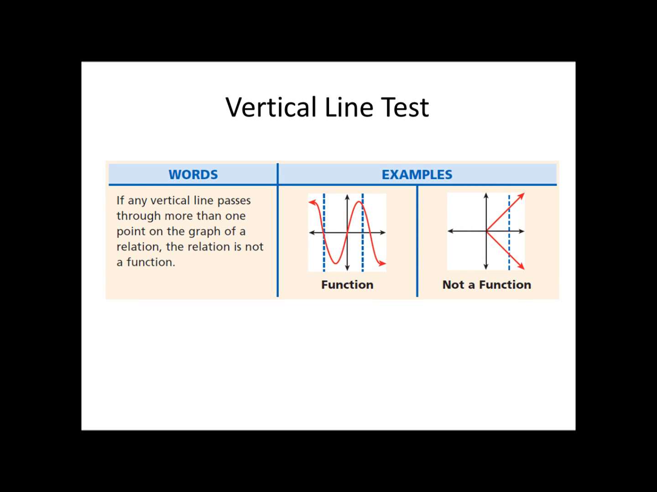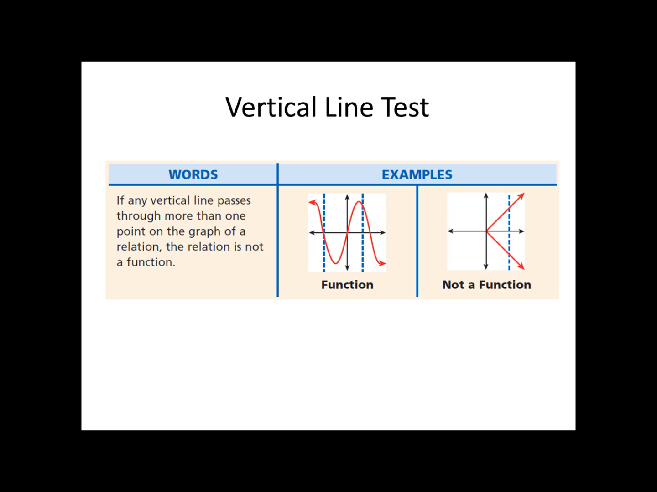Now, a great way to test and see if a graph relation is a function is the vertical line test. If they give you a graph and ask, is it a function? Try to draw a vertical line that goes through the graph in more than one spot. If you can't do it, it's a function. If you can draw a vertical line that goes through the graph in more than one spot, it's not a